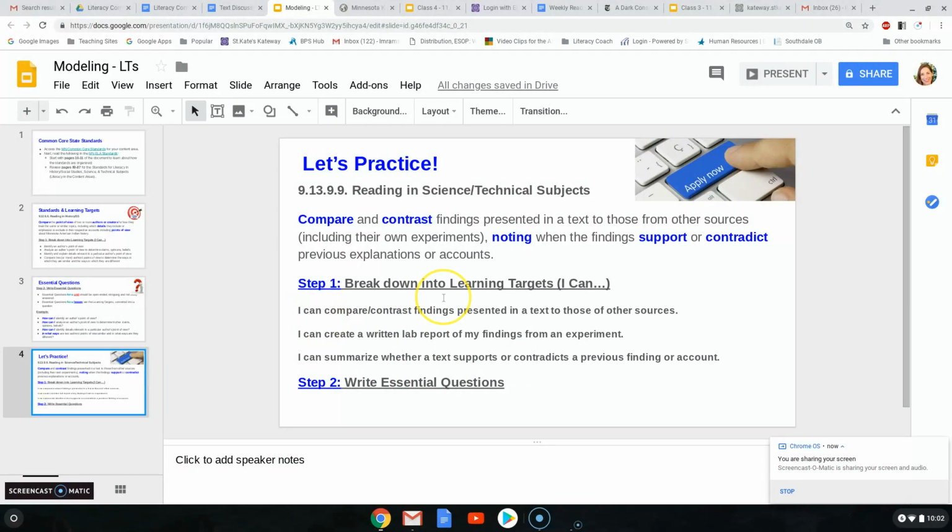How can I compare and contrast findings presented in a text to those of other sources? How can I create a written lab report of my findings from an experiment? How can I summarize whether a text supports or contradicts a previous finding or account? This modeling should help you